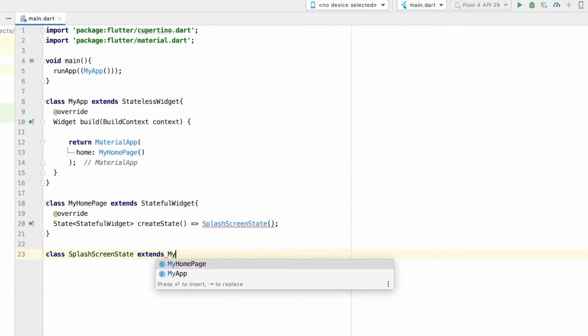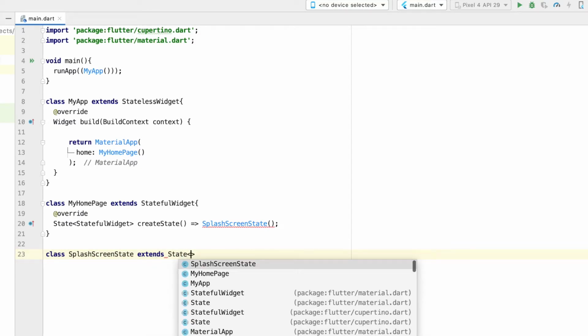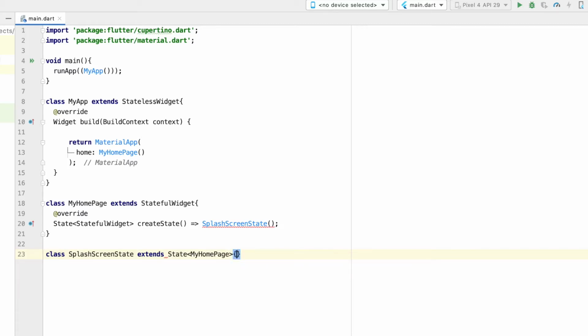I'm not using any of the shortcuts, just so it is easier for you to understand how it actually works. So I've created an app and I've written a MaterialApp, and its home is currently MyHomePage. And this MyHomePage has a state of SplashScreenState currently.